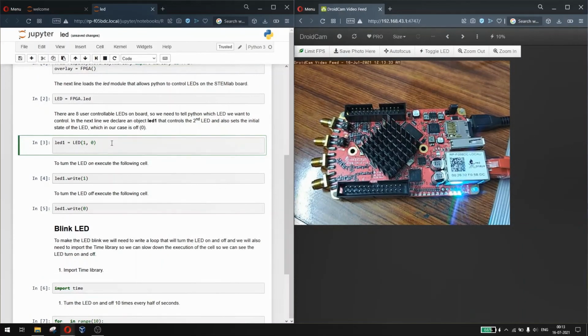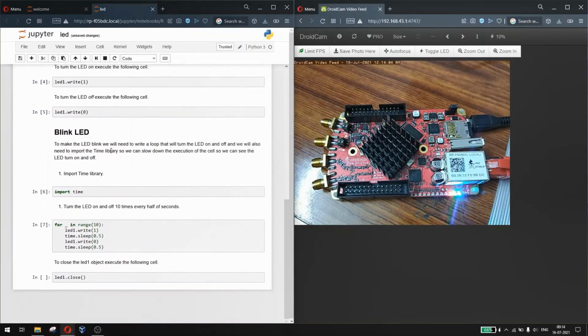So we'll put LED2 equal to LED of 2, 0. So this will initialize LED2, and it will initialize it in the off position. So now we have LED2 here. I'll come to the blink LED example.